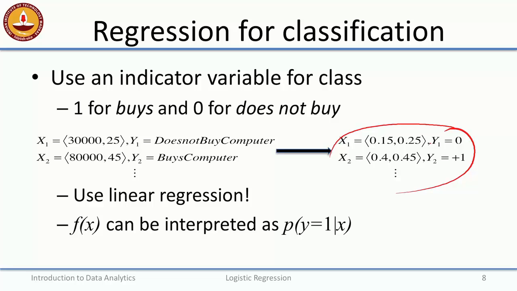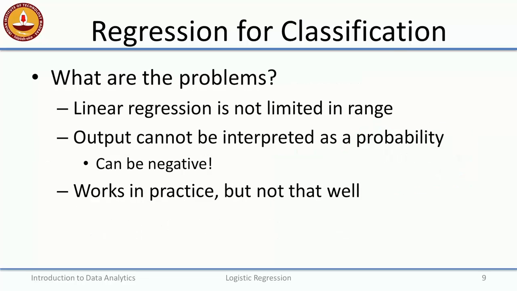That's actually a valid way of doing classification using linear regression, but there are some problems with that. So, what are the problems? Linear regression is not really limited in range. The output can go from minus infinity to plus infinity. So, typically this output cannot be interpreted as a probability. Very troublesome is the fact that the output can be negative, and therefore, it certainly cannot be interpreted as a probability,